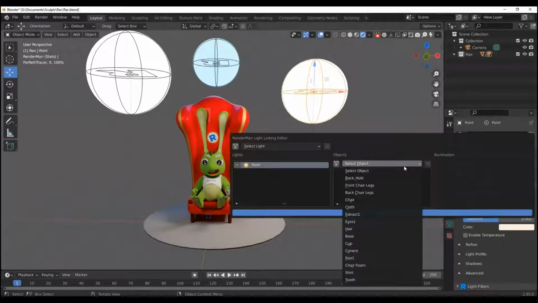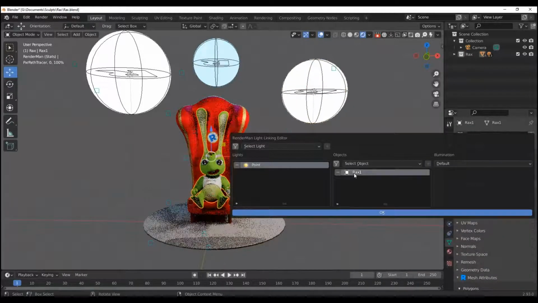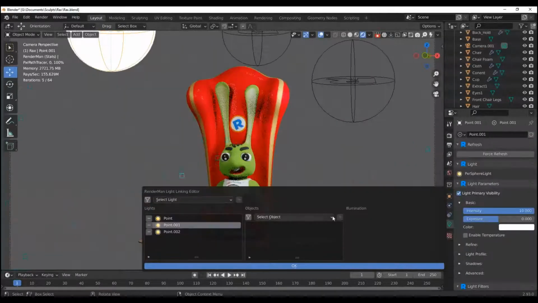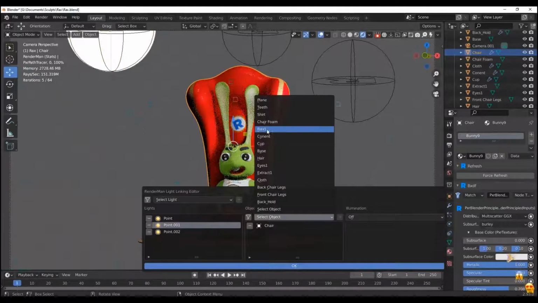Within the object section, we'll click on the drop down, select the object that we want, and also click on the plus sign to add that as well. So at this point, we can now choose if we want our light to illuminate or not illuminate the object. The number of objects you can throw in is as much as you have within your scene, and the number